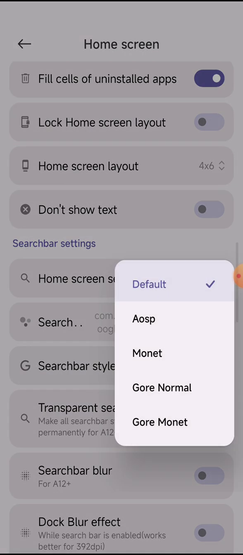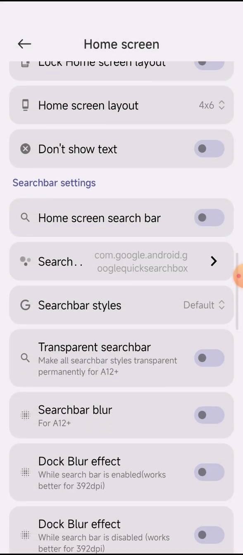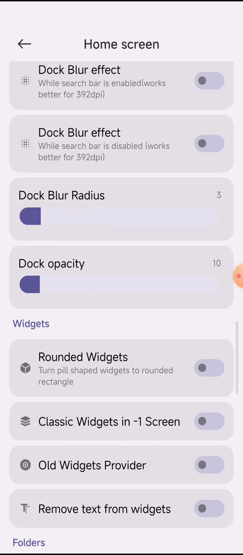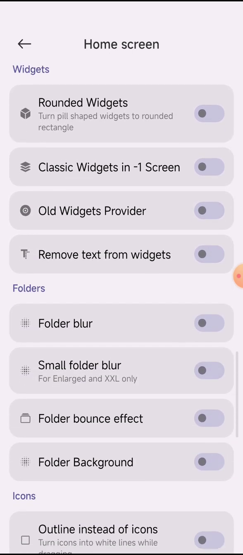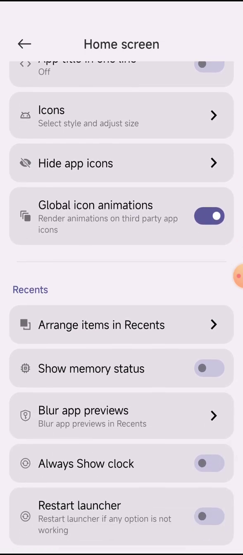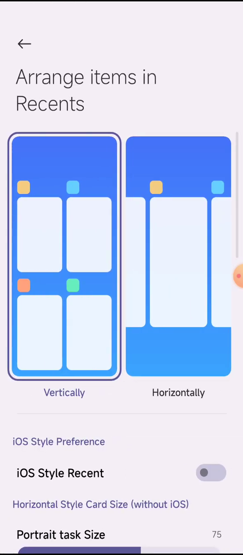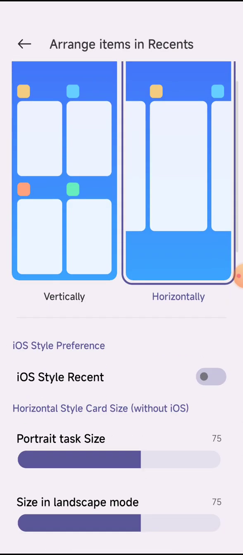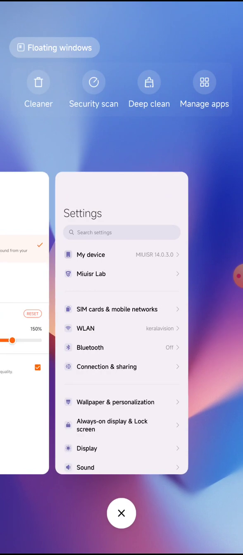You can also enable a custom search bar style. If you want a transparent search bar, of course that is possible. Likewise, I have told you that there is a lot of customization. It is not possible for me to talk you through each and every customization. Even in the recents styles, you can enable the iOS style recents, which looks